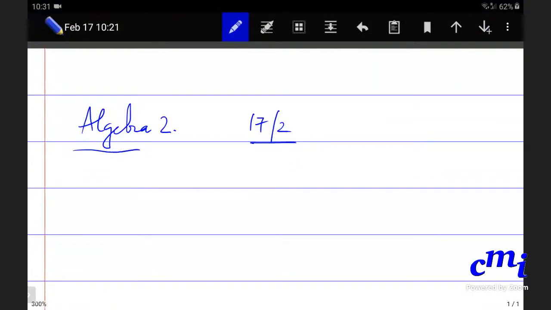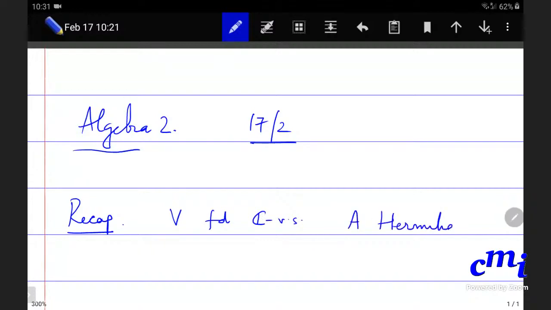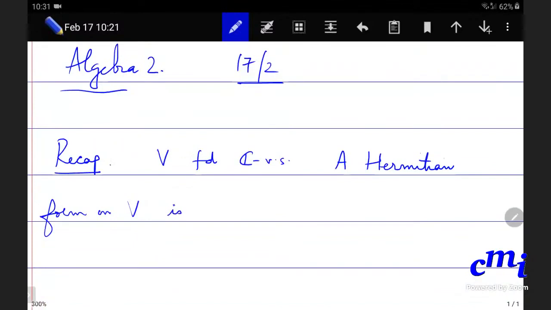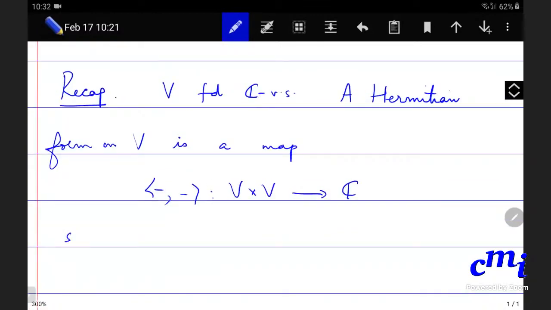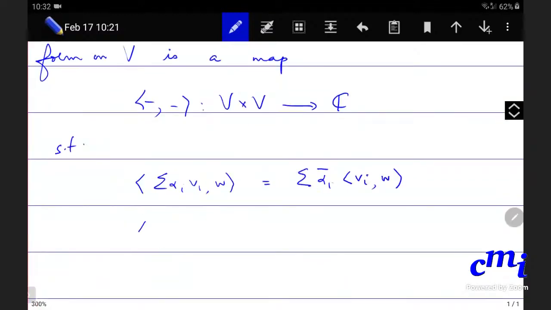So recall from last class that V is a finite dimensional complex vector space, and a Hermitian form on V is a map on V cross V to C that is conjugate linear on the first factor, linear in the second factor,